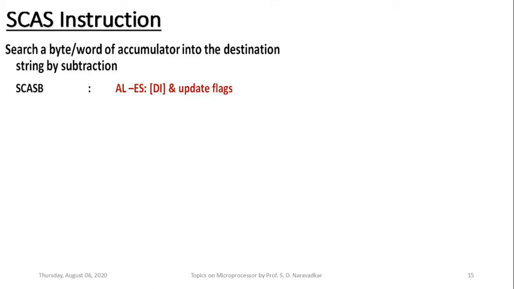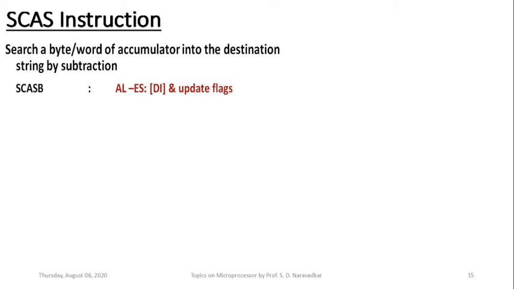Obviously, after incrementing that particular destination address, now that same AL byte will be compared with the second byte of the corresponding string, again by the same way of subtraction which is shown here. It means that the byte which is to be searched will be consistently compared with every element of that destination string by incrementing addresses. I am saying incrementing, but there can be decrementing also, because both options are available with the direction flag.